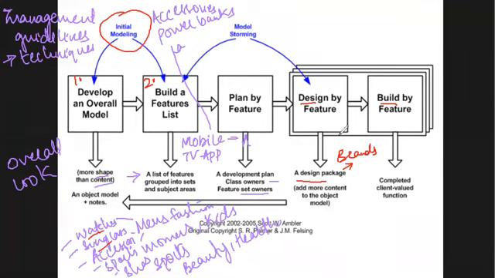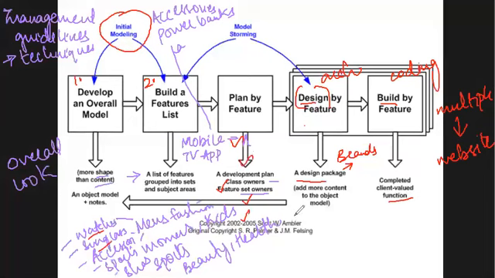Then, as you've designed based upon this, you're going to build. That is, first you're designing an architecture, then you're going to actually do the coding part in here. That is the completed client-valued function. Now this particular feature, designed by feature, built by feature, is going to happen multiple times until the entire website is completed. That is for all the different features: men's fashion, women's fashion, sports, mobile, TV, beauty, health care, all of this is going to be completed.